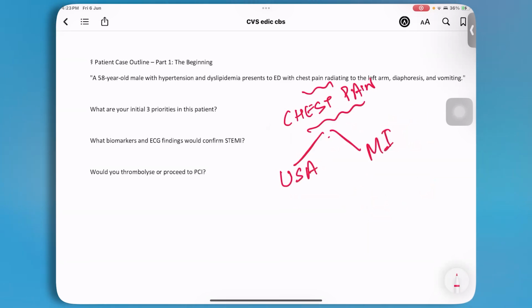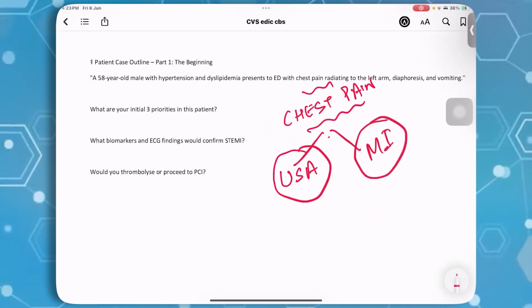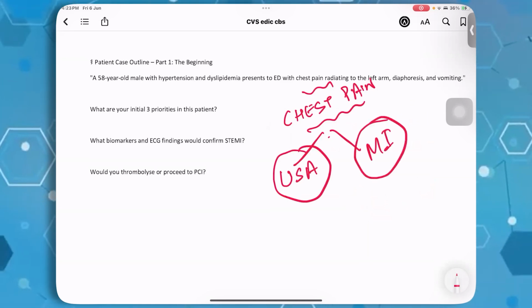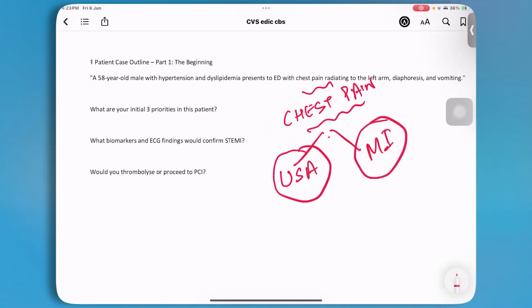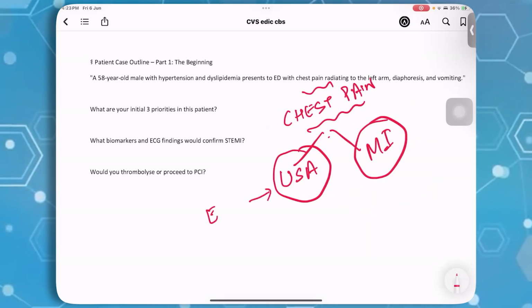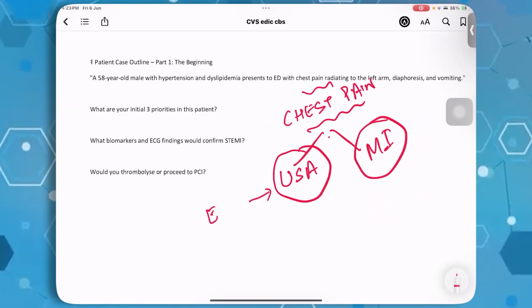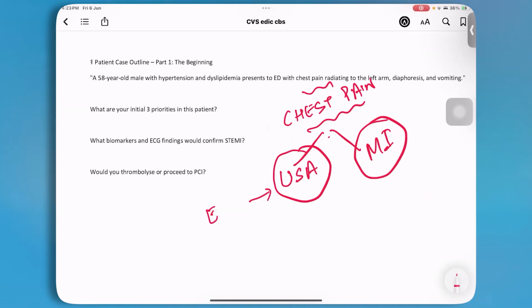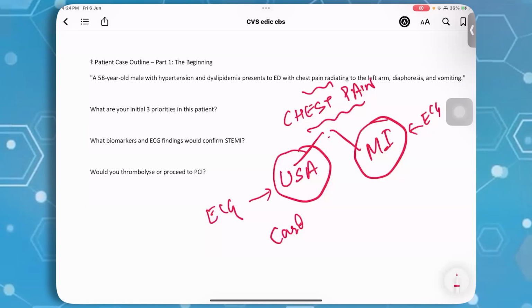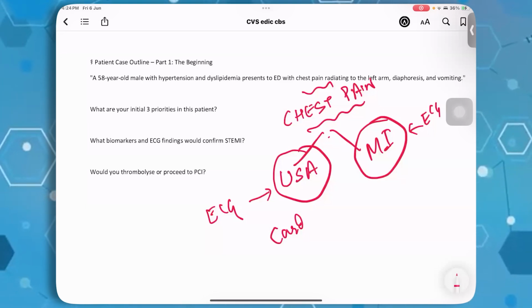Wonderful. Absolutely correct. So chest pain can be classified into unstable angina and MI based on biomarkers, because both of them can have ECG changes, but the biomarkers will be absent in case of